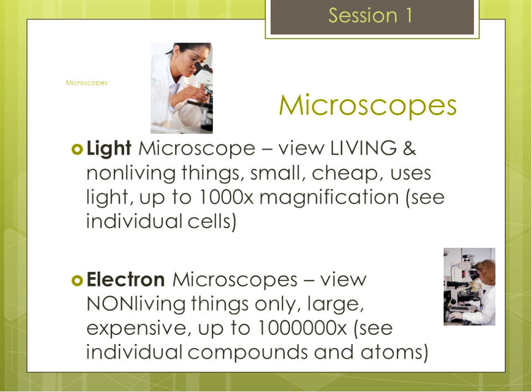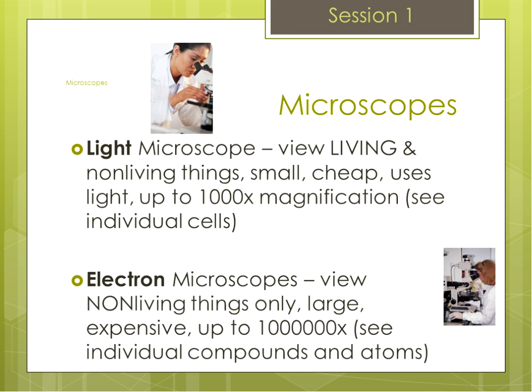Electron microscopes, which are much more expensive and larger, are used to view things that need much more magnification. We can use electron microscopes to see individual compounds, atoms, very, very tiny things, up to basically 1,000,000 times magnification. Unfortunately, with electron microscopes, you can only see non-living things, and that is because of the